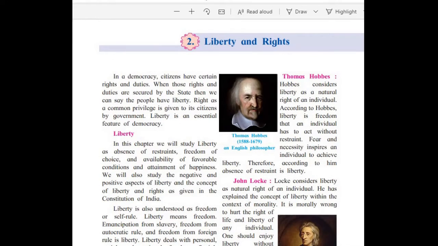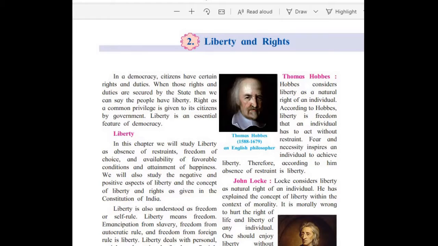Topic: liberty and rights. Topic number 2. When we listen to the word liberty, the first thing that comes to our mind is freedom. The other word for liberty is freedom, and rights, as we all know,